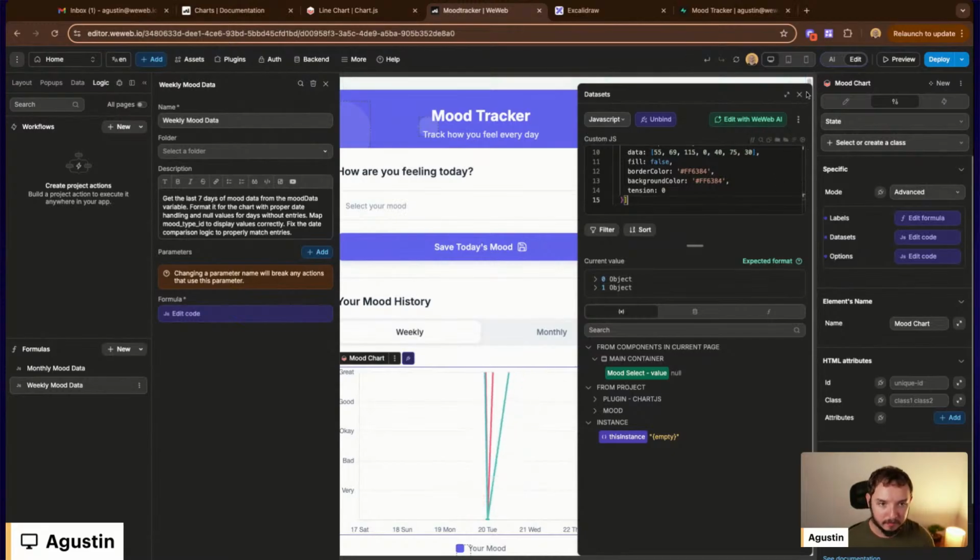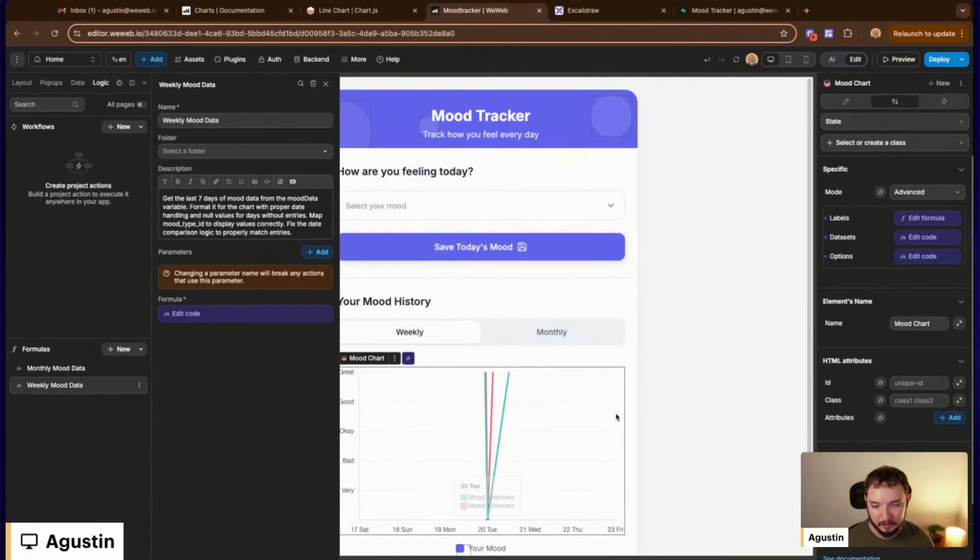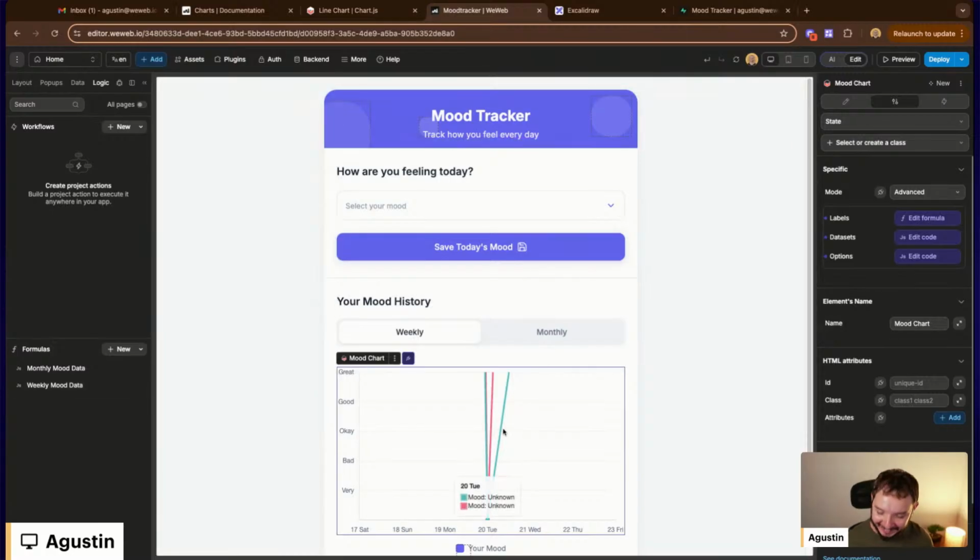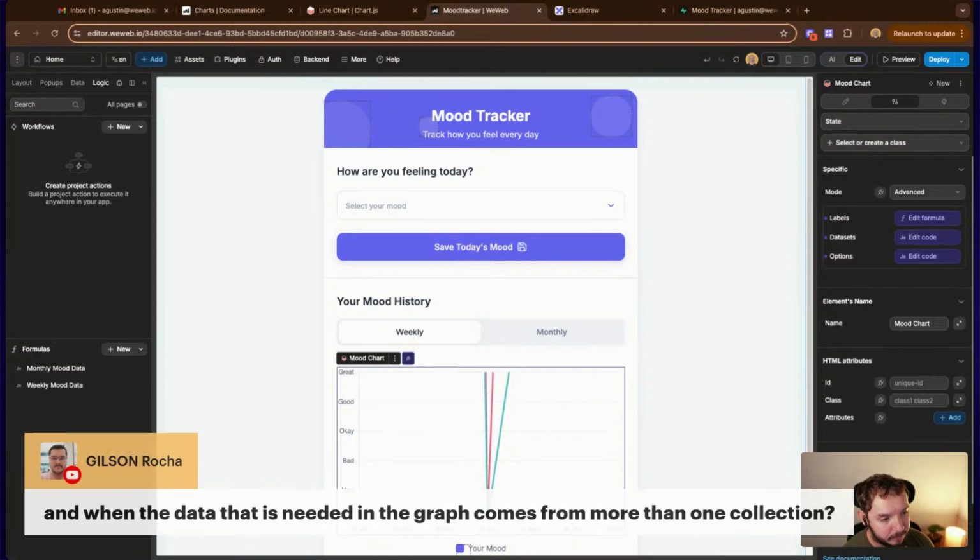Whoa! I mean, it worked. We still need to work on this, but you can see here that we have several. What is this? It looks like a fireworks show. But once again, all of this is just to try and answer Gilson's question. When the data is needed in the graph, it comes from more than one collection. That basically means that somehow you need to,